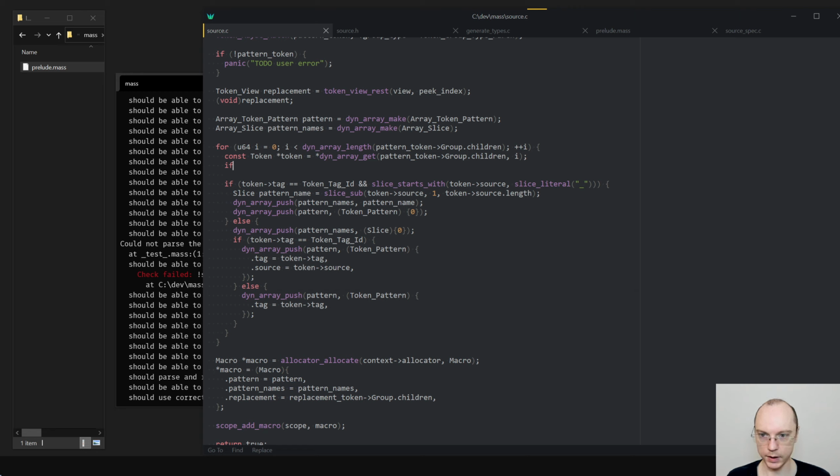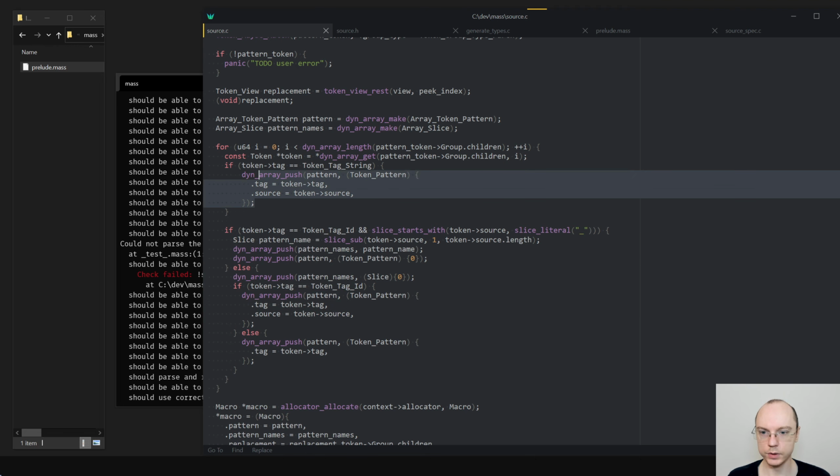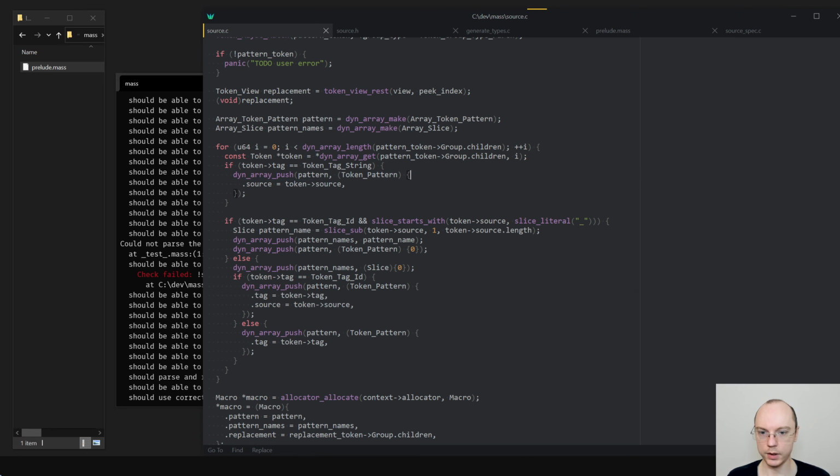So if token tag is token tag string, then we would push a pattern that says that we actually are looking for any token with this source, so we don't care about its type.